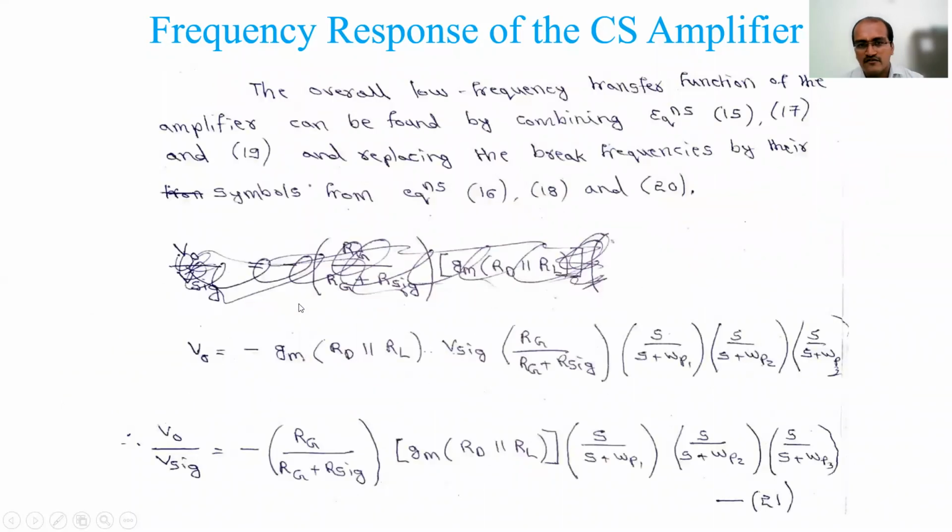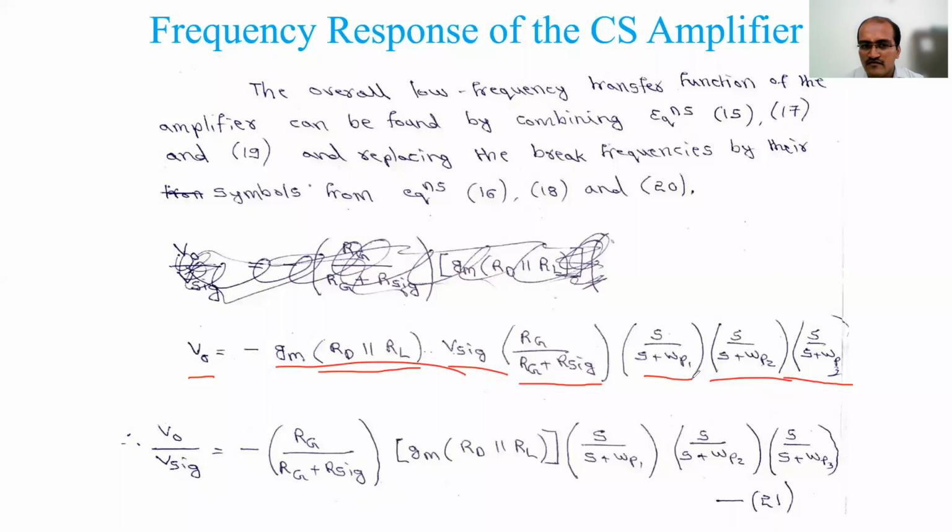If I showed it directly you would not understand, so now you are able to understand. So V naught equals RD parallel to RL from the first substitution, and then S plus WP3. This is from the first equation. There you get ID, so in that place it will come: the minus sign is there already, and GM will come. GM into VG was there, we kept it as it is. Remaining is S plus WP2. This we have substituted in the second substitution. Third, VG will be substituted. VG is V signal into RG by RG plus R signal, into S divided by S plus omega p. So this complete response is completed.